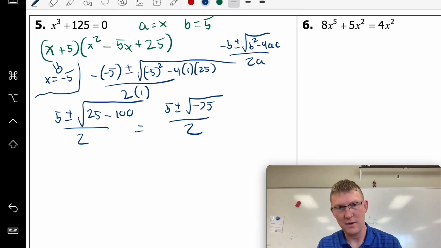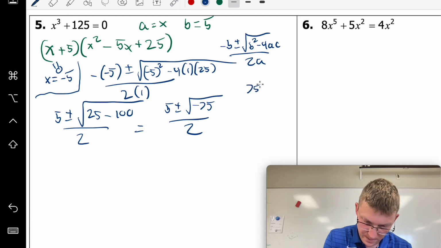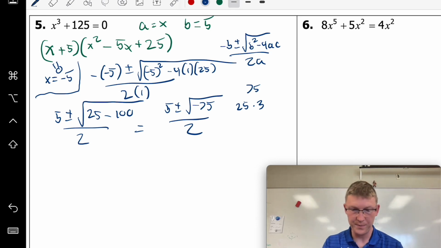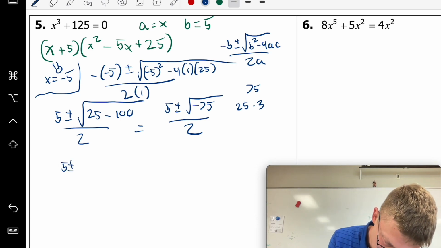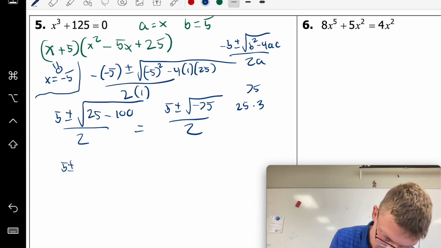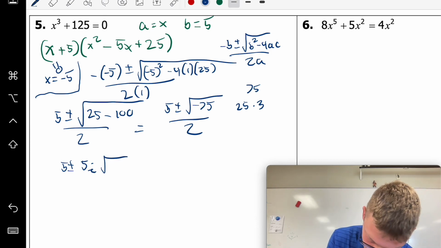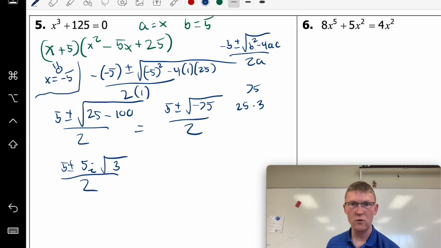What can come out of 75? So I can divide 75 into 25 times 3. So we can pull that 25 out. When we pull that 25 out, we're going to have 5 plus or minus, and we got to pull the negative sign out too. 5i square root of 3 left over all over 2